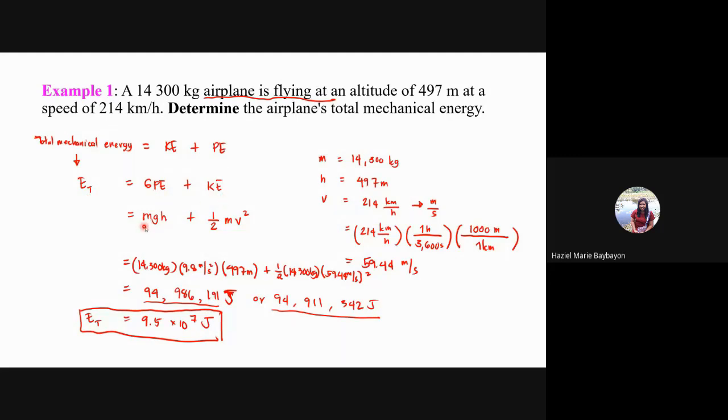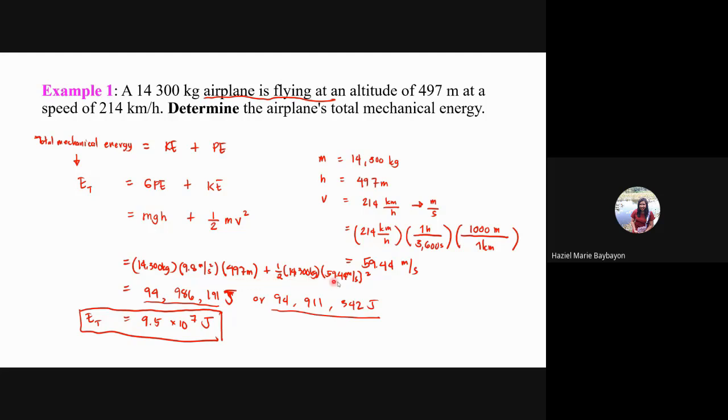And then we note that GPE is equal to mass times the acceleration due to gravity times the height. And then kinetic energy is equal to 1/2 mv squared. So since we are given the mass, the height, as well as the velocity, then we just have to substitute all to our equation. So we have this one. 14,300 kilograms multiplied by 9.8 meters per second squared multiplied by the height or the altitude, plus 1/2 times the